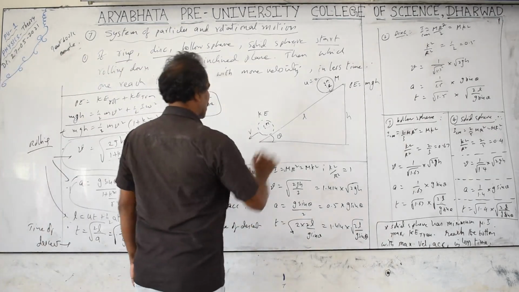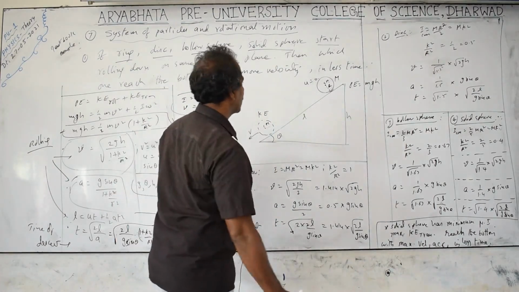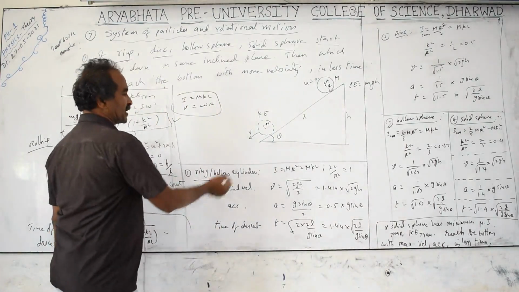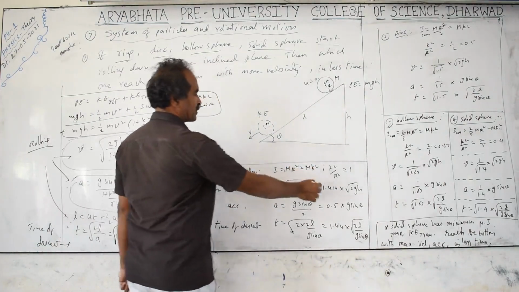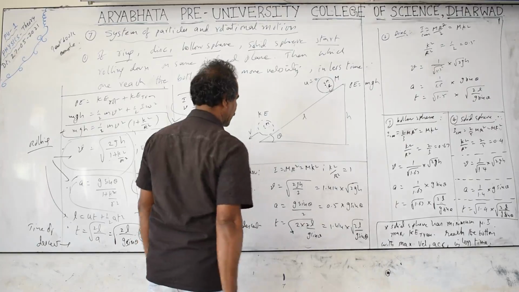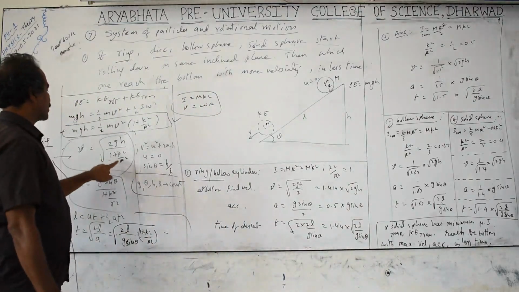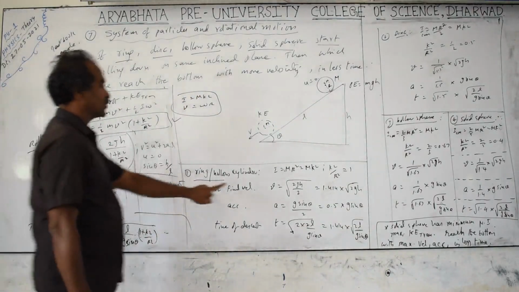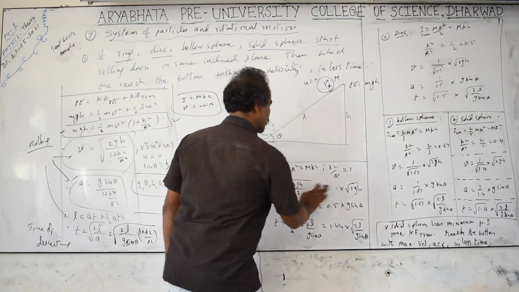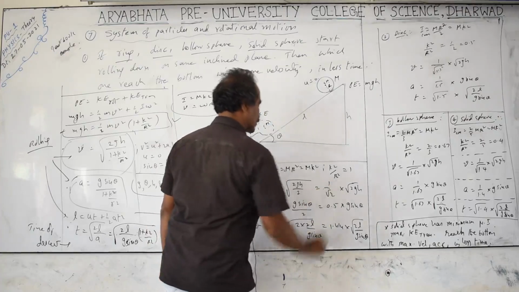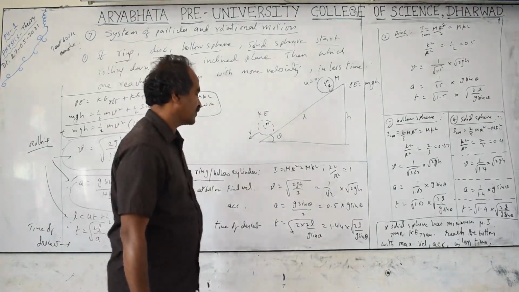Next is the hollow sphere, hollow ring or hollow cylinder. Ring and hollow cylinder have the same conditions. I equal to mr square equal to mk square. So k square by r square equal to 1 now. v equal to root of 2gh by 1 plus k square by r square becomes root of 2gh by 1 plus 1, which is 2. So by 2 it comes. So 2gh is constant now. You are taking the terms of 1 by root 2. So this is 1 by root 2 times root of 2gh. 1 by root 2 is nothing but equal to 0.707.